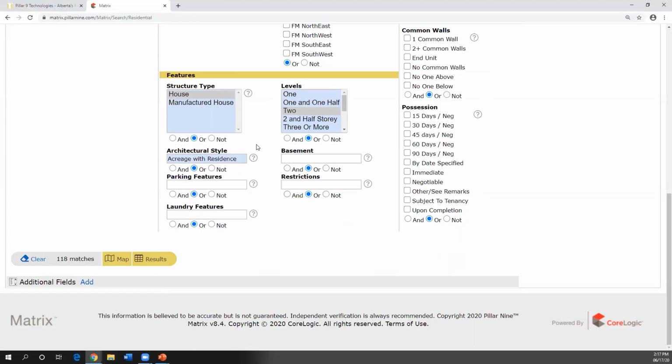Now, you'll see as well, there have been some changes, additions and subtractions to various other fields that may have been within the current Matrix system that we use, the Calgary Real Estate Board. If you want to add back any of the fields that you previously used,